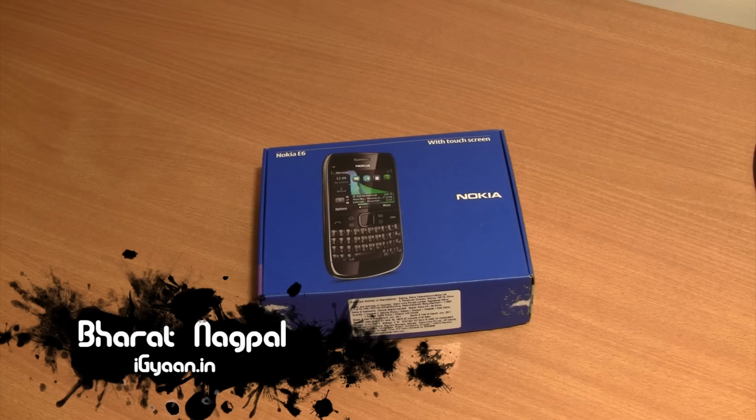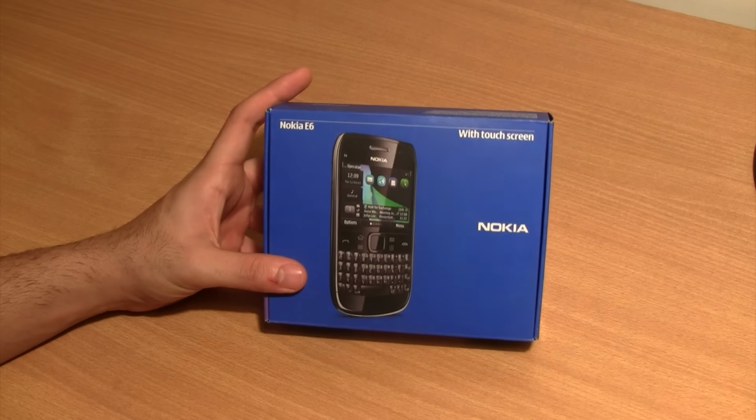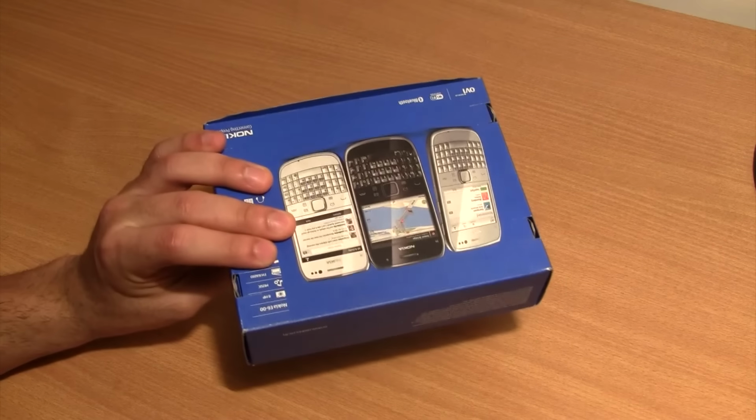What's happening, guys? This is Badnakwas for iGyaan.in, and today we're going to be unboxing and taking a look at the new Nokia E6. This is a full QWERTY business phone from Nokia, and it has a capacitive touchscreen on the top over here. It's just been recently